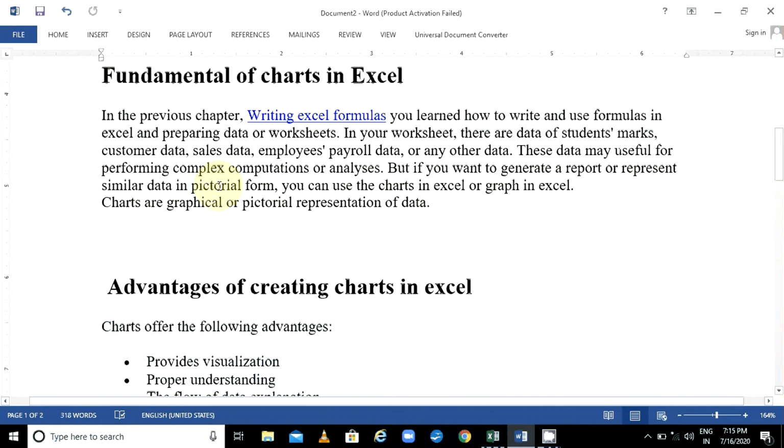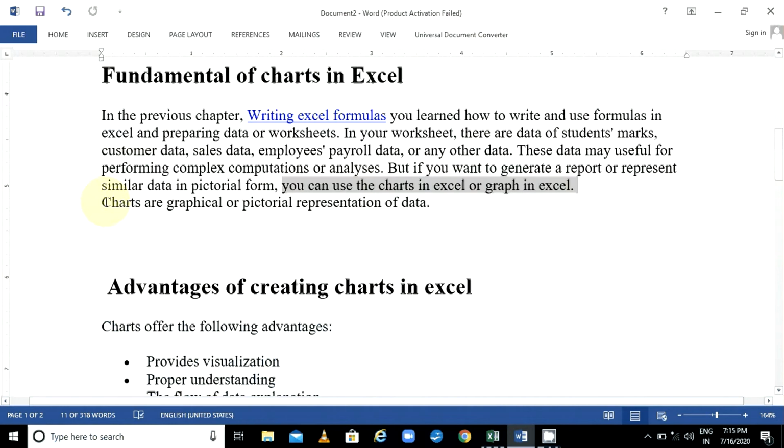Somewhere you need analysis, somewhere you need complex computation, and for that we use formulas only. But if you want to generate a report or represent similar data in pictorial form, you can use charts in Excel, which are also called graphs. Graph or chart, both are similar. You can use them for image or graphic or pictorial representation of your data.